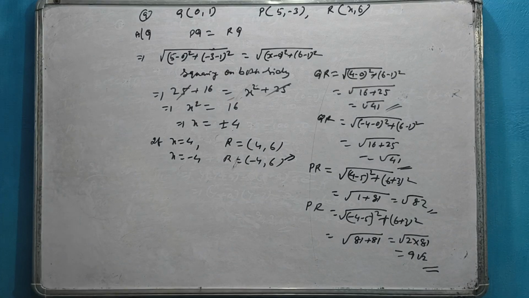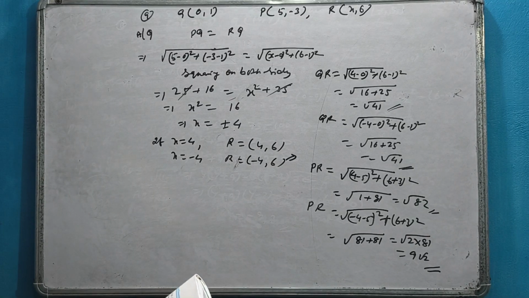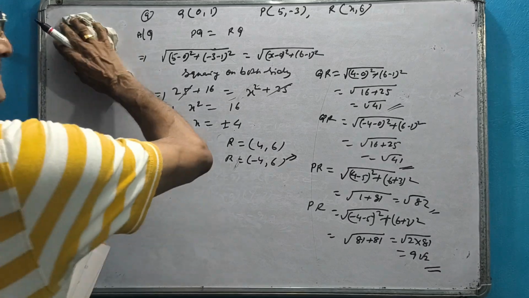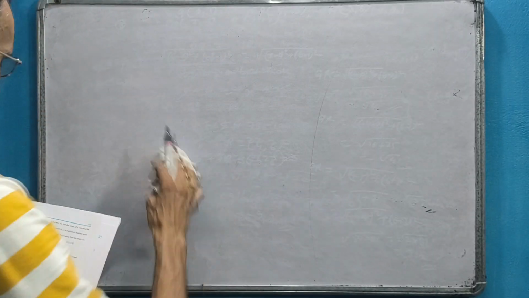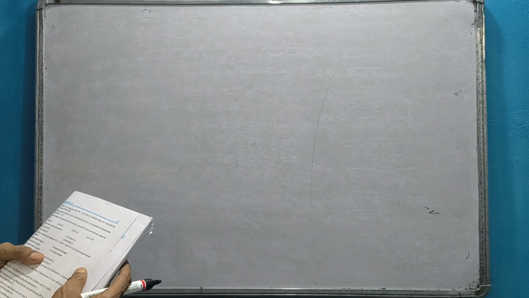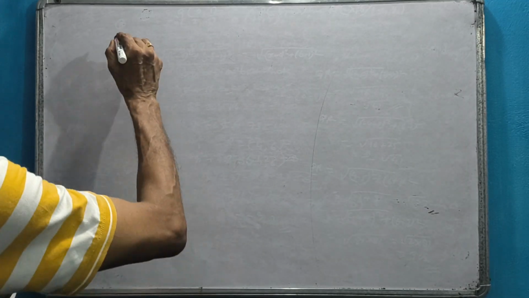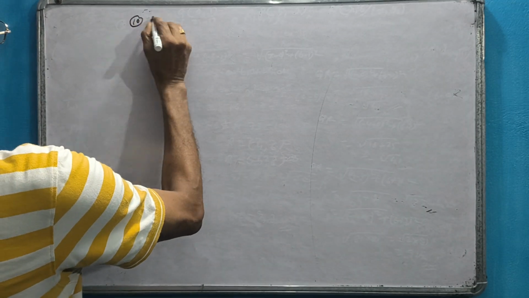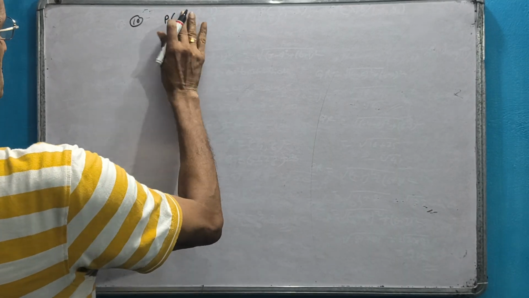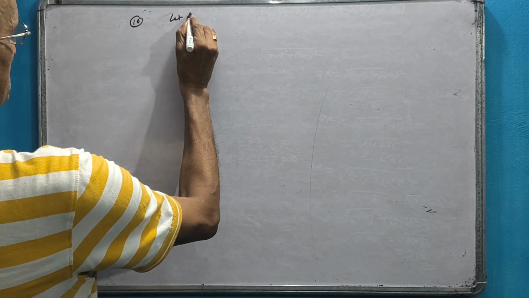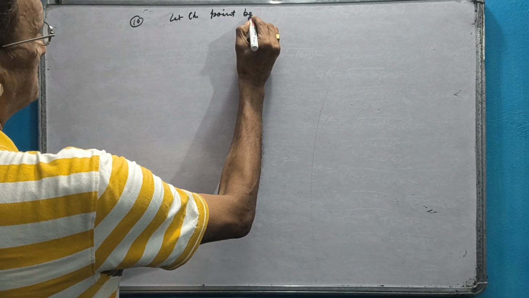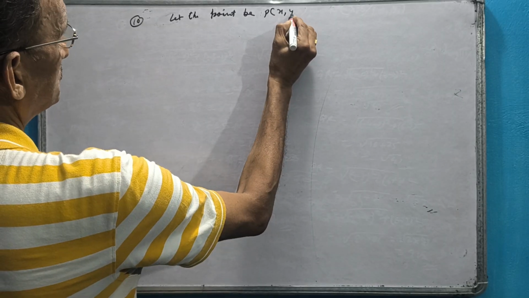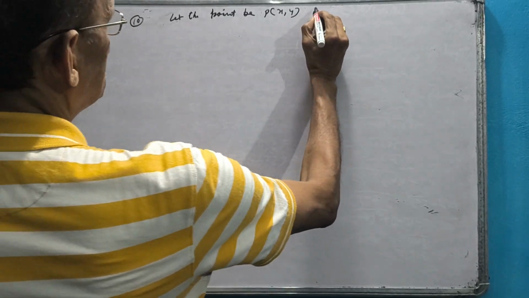So now, next, number 10. This is an important 3 mark sum, but not difficult. The question is: find the relation between x and y if the point (x, y), name the point. Point is given as (x, y). Let the point be P (x, y), which is